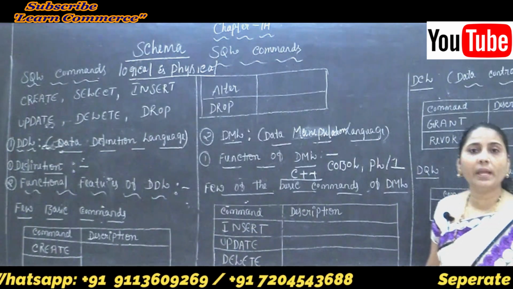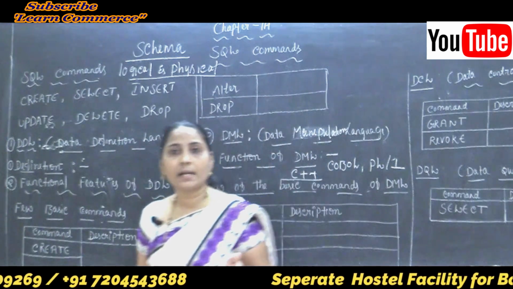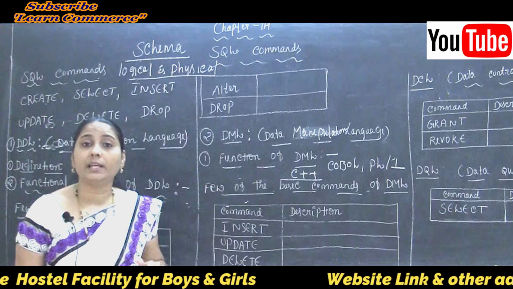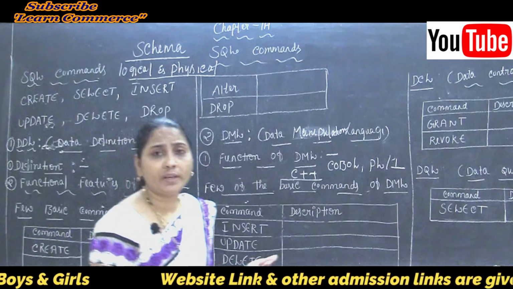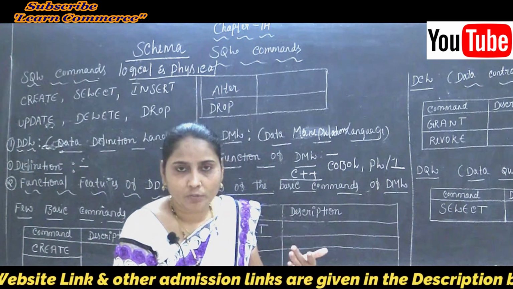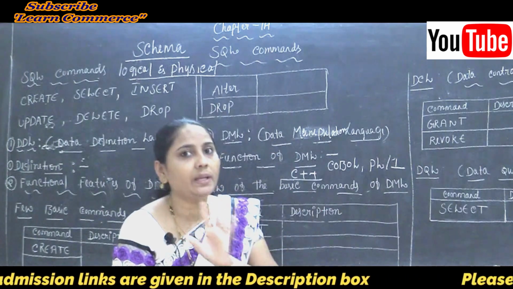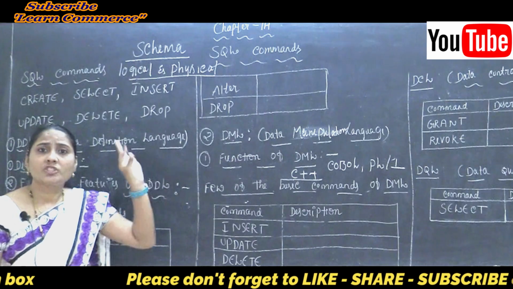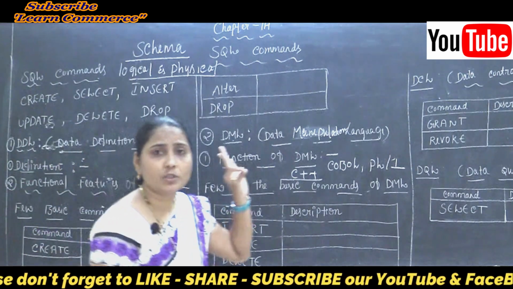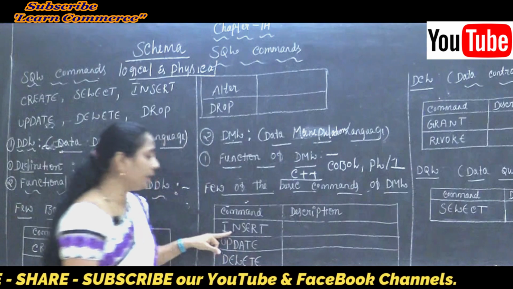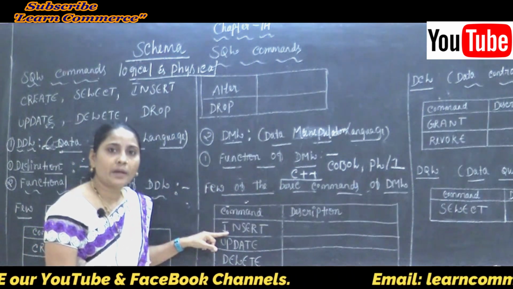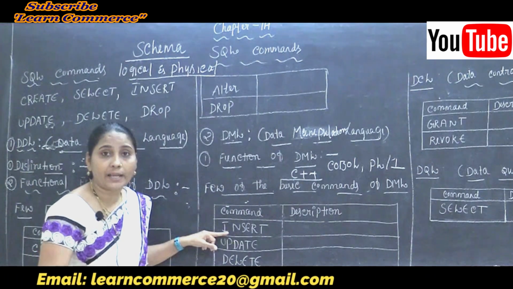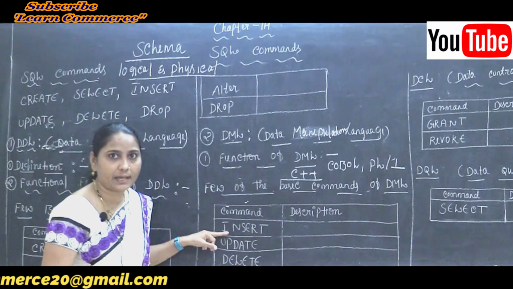What's the use of the insert command? It inserts a record. After creating the table, we insert the records one by one into the table. We know the meaning of record: a single entry in a table is called a record. The record is also called a row or tuple, correct? Row, tuple and also record. So the insert command is used to insert a record, to create a record, in simple terms.